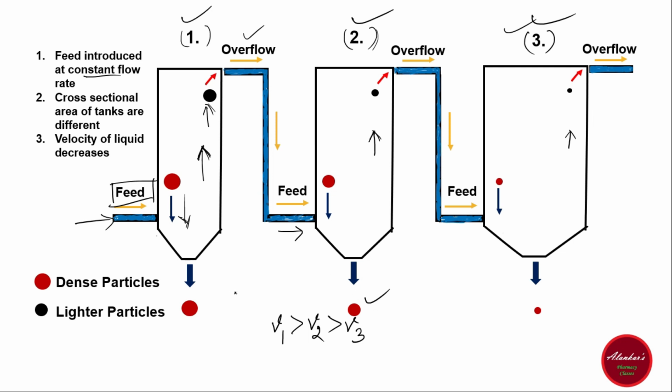In the same way, again some part of the lighter particles will be retained by this liquid. They will be introduced as a feed into tank 3. And in this case, again the cross sectional area is larger, and that's why the lighter particles, having a higher settling velocity as compared to the vertical moving liquid, tend to settle down, and we will get a lighter portion as compared to tank 2. This cycle may be continued if we attach more elutriation tanks together. So this is all about the working of the multiple elutriation tank.